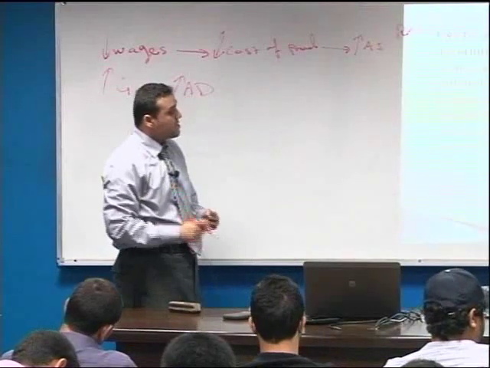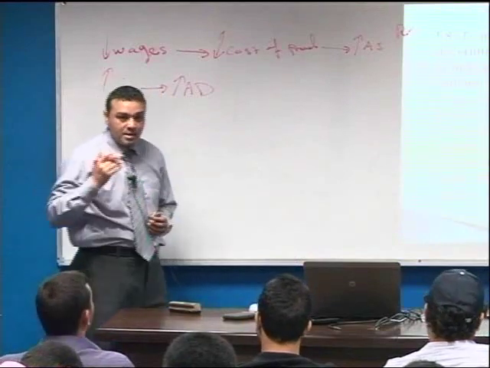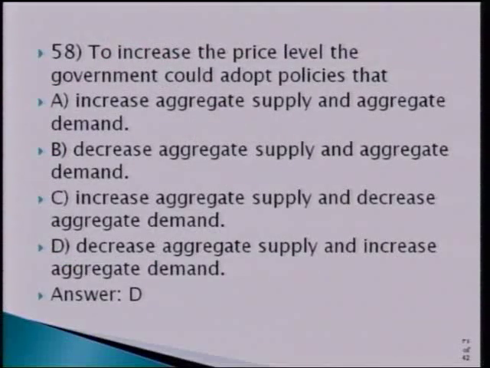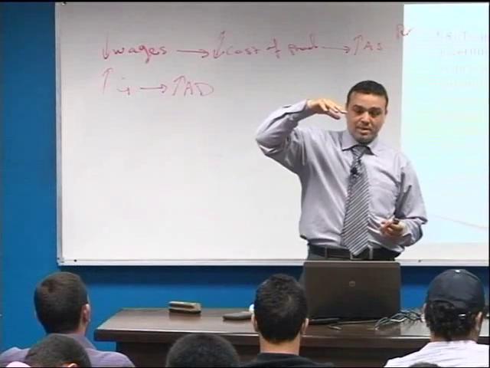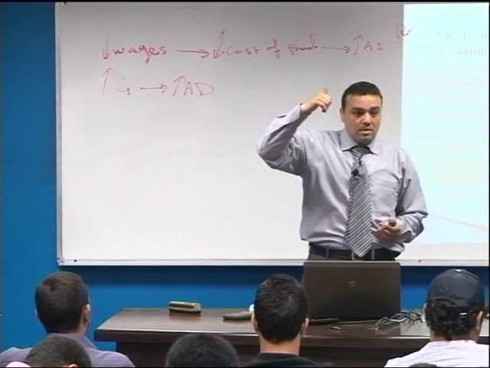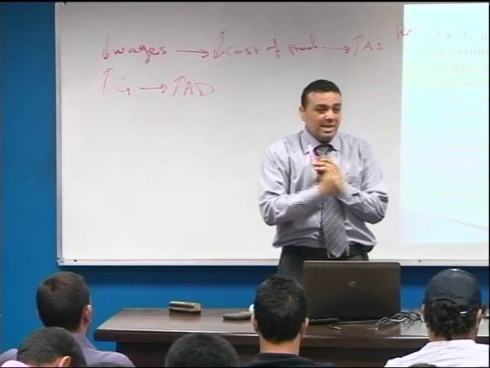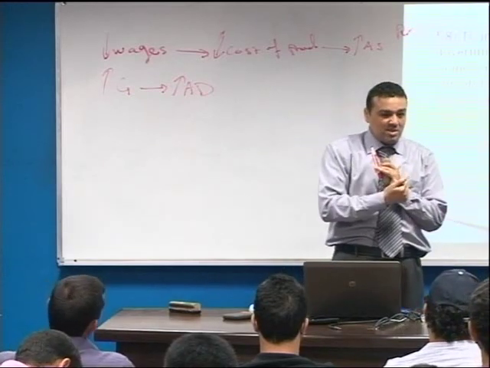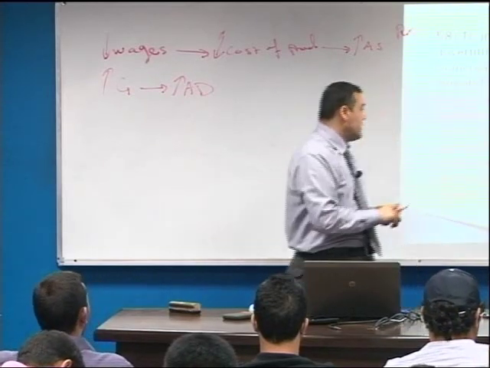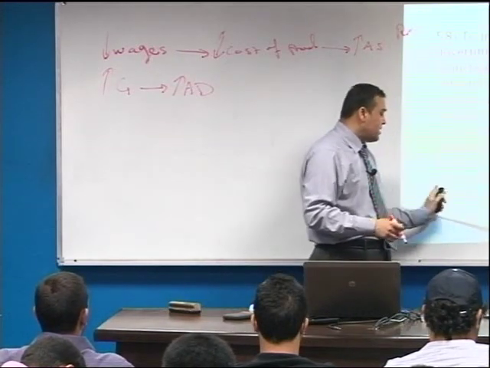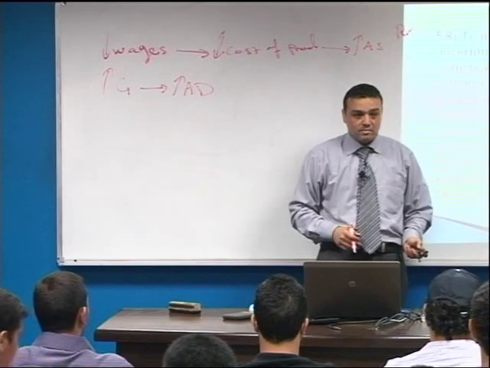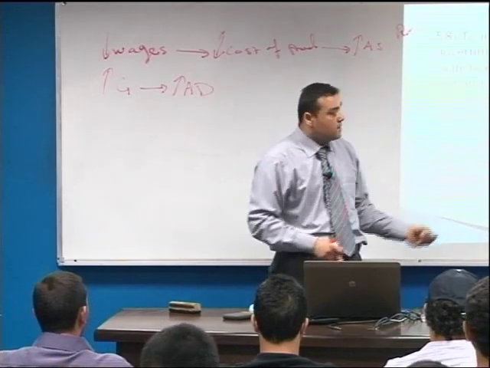طيب to increase the price level، عشان إحنا نزود ال price level the government could adapt policies that what؟ هلا عشان ال government بدها ترفع ال prices شو لازم تعمل؟ لازم إنهم يعملوا decreasing aggregate supply or increase the aggregate demand صح ولا لا؟ إذا يعملوا decreasing للاجريجيت supply and increase the aggregate demand. تمام. طب سؤال،